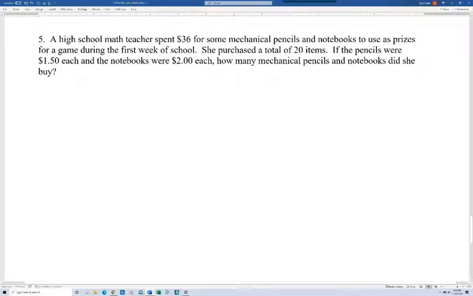Well, my wife is actually the person that I'm thinking of here. She likes to give prizes at the beginning of the school year, and she does work at a high school. But anyway,